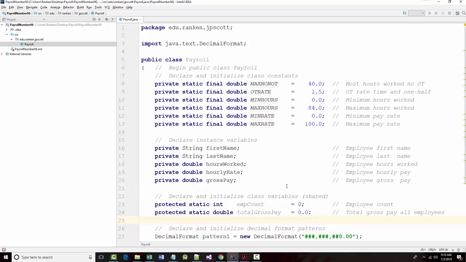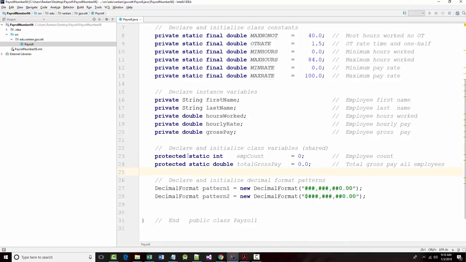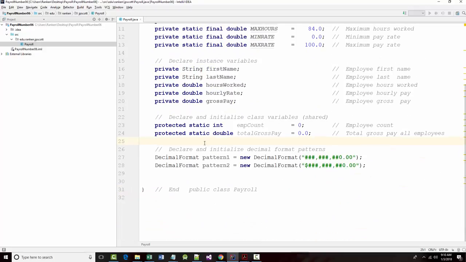Alright, hello once again. This is Jeff Scott of Rankin Technical College, and I've been going through an iterative payroll application to try to teach you the Java programming language. I'm up to Chapter 6 in our Gaddis book, Java with Early Objects, I believe it is, 6th edition. So far I've started to create an object-oriented program, but now is where we'll call